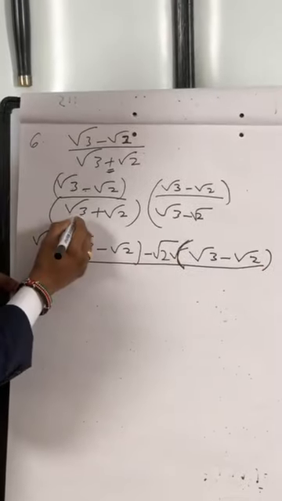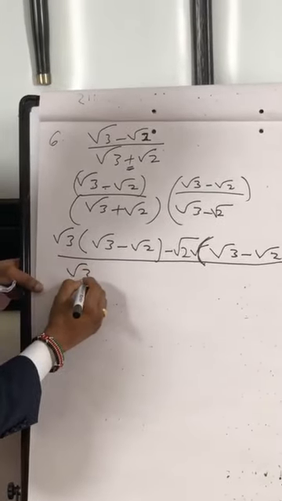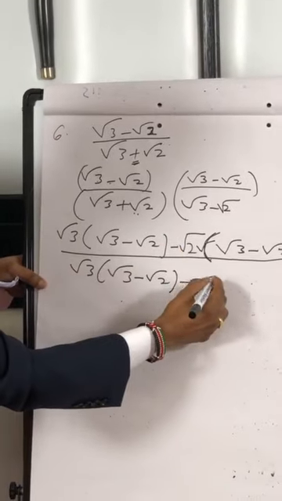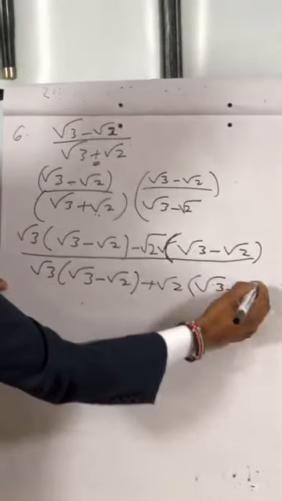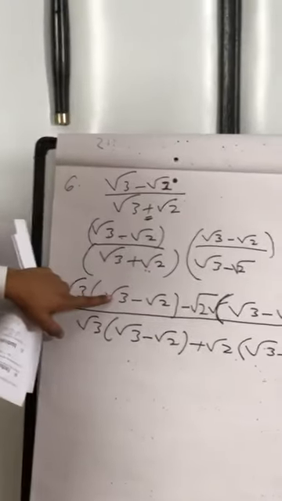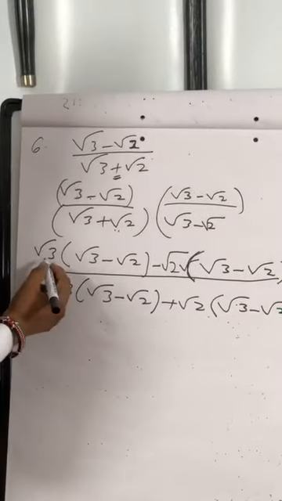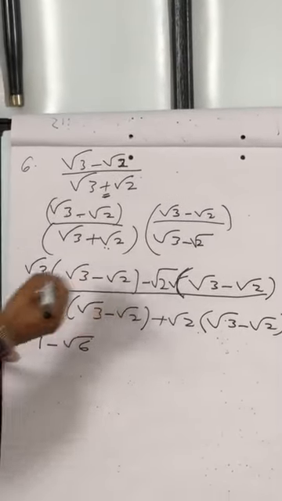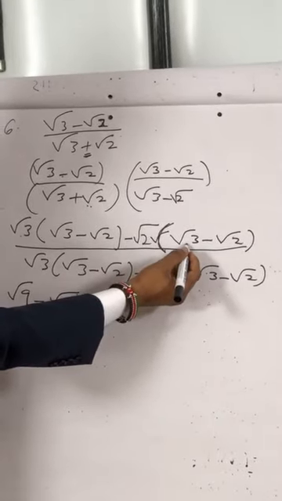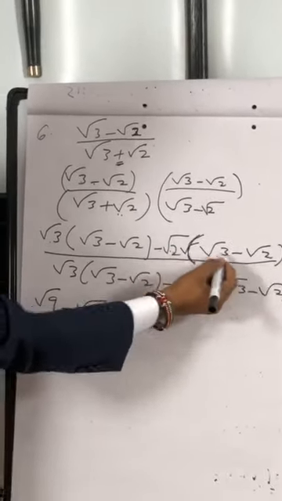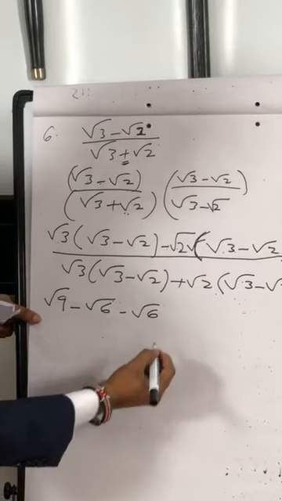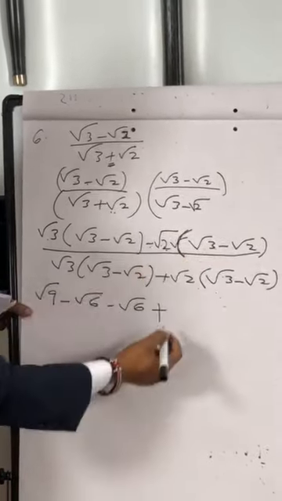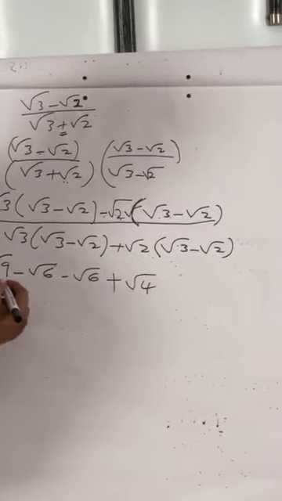Then you divide by this. Also you expand: root 3 multiplied by what's on the other side of the bracket, root 3 minus root 2, plus root 2 into root 3 minus root 2. Root 3 times root 3 is root 9. Root 3 times minus root 2 is minus root 6. Just multiply what's inside the roots. Then root 2 times root 3, multiply what's in the roots, you get minus root 6. Then minus root 2 times minus root 2, minus times minus is plus, root 4. Then you divide by